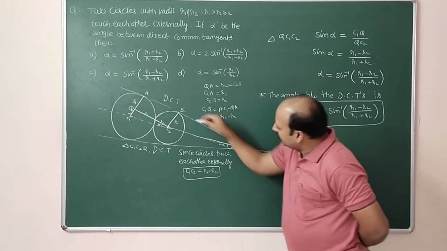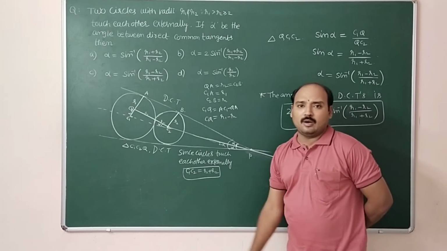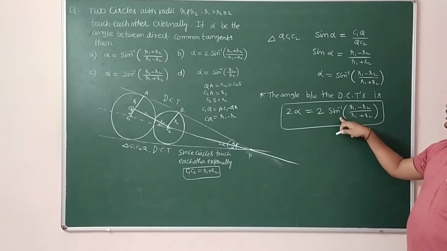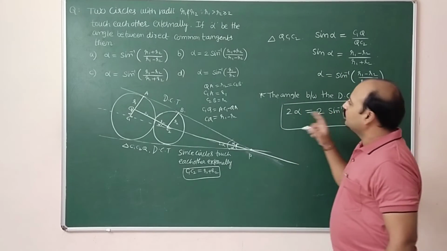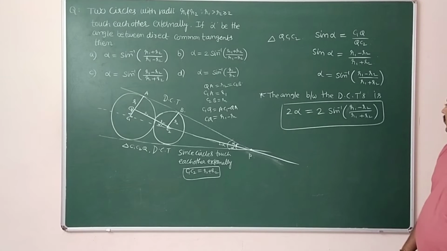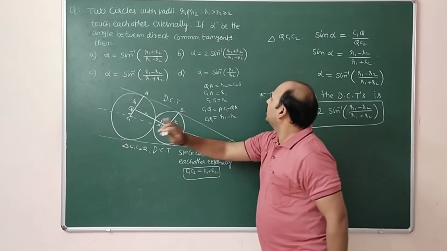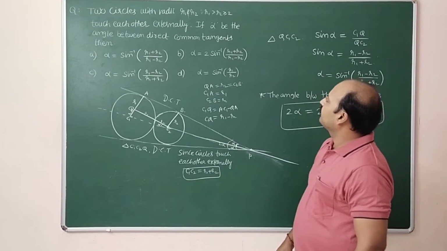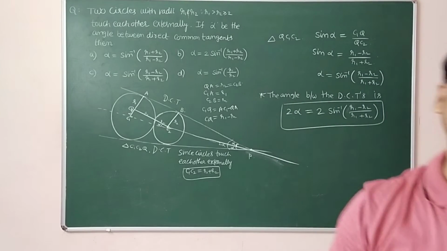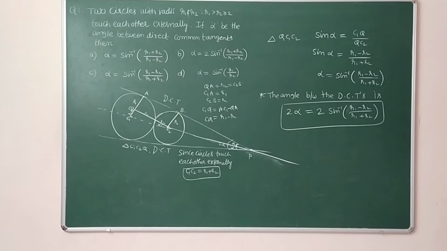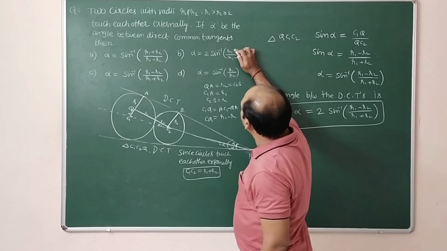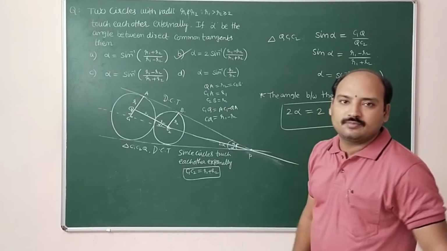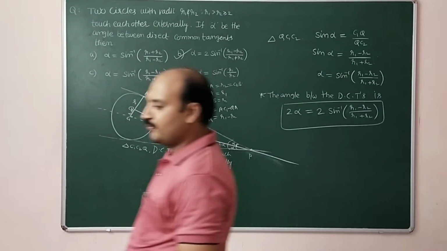We have considered only this one. What about this one? Even these 2 are direct common tangents, you know. So that is the reason you can consider alpha plus alpha, 2 alpha. Therefore 2 alpha is equal to 2 into sin inverse of (R1 minus R2) divided by, here in this option it may be changed. I'll check once. Yeah, in the options itself it is wrong here. Here it is minus, in the below it is plus. So the second option is the right option. We will move to the next question now.